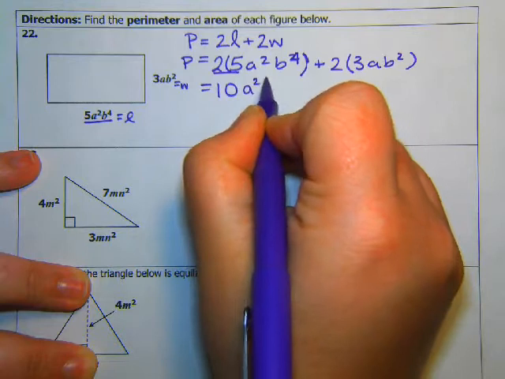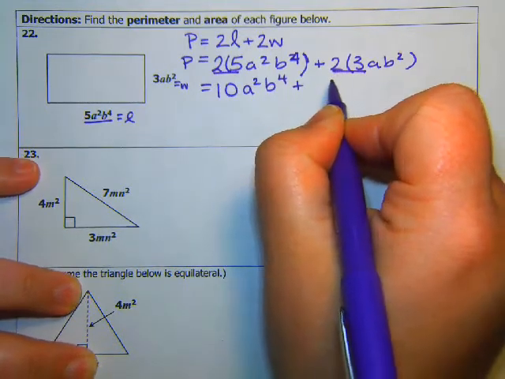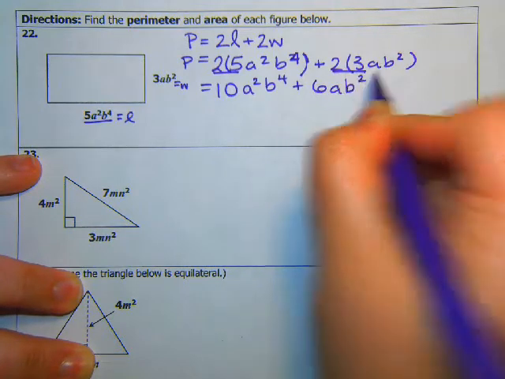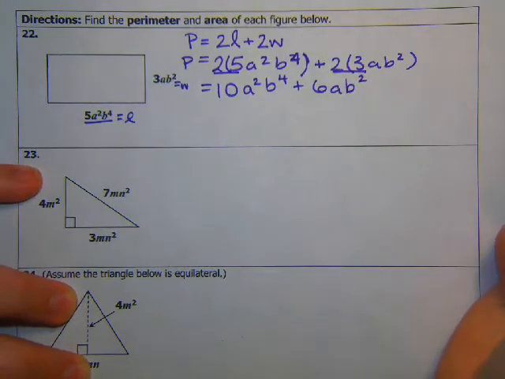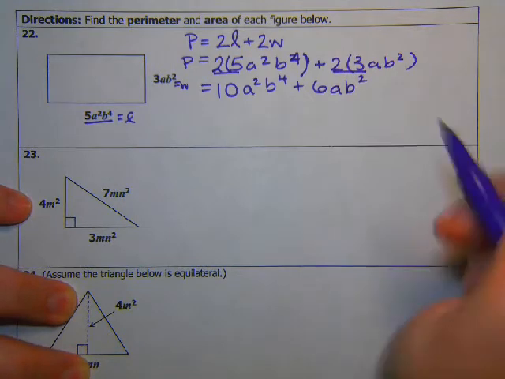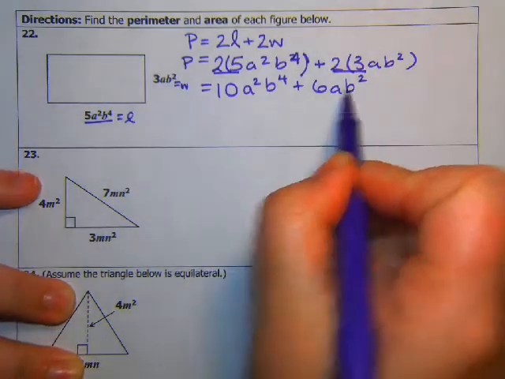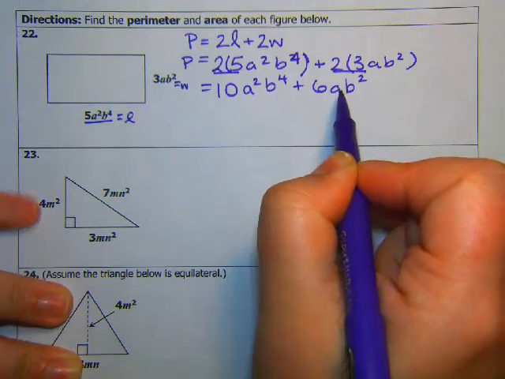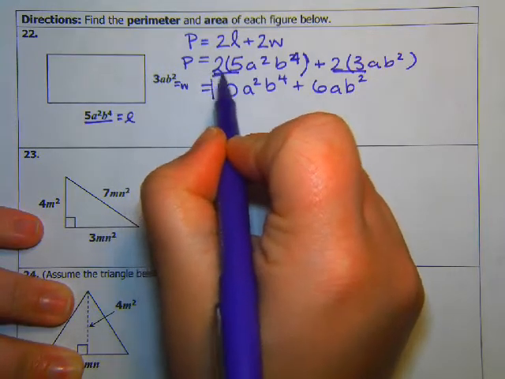A squared b to the 4th plus, and then the same thing here. I can only multiply the 2 and the 3, which is 6, and then a b squared. Okay, now if I add these together, I need them to be like terms, which means the exact same variables raised to the exact same exponents. So here I have a and b and a and b. This is a squared, and this is just a, and this is b to the 4th, and this is just b, which means I actually cannot combine those. So as weird as it is,